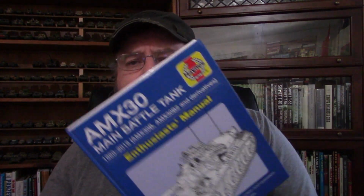One of the advantages the Leopard had in terms of the export market was that when these tanks both went into production for their own militaries, the Germans had excess industrial capacity for export orders. The French did not. So that was one of the problems that the French had. There's actually a very interesting AMX-30 Haynes Manual that just came out recently, because there's really not a ton written on the AMX-30 in English. So, an interesting book. And then, of course, the other competitor on the international arms market would be the US M60 series,